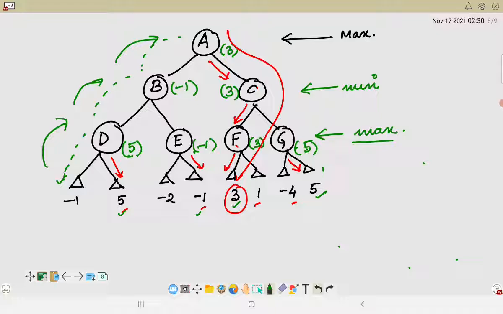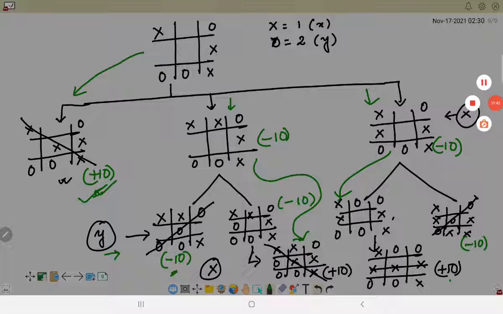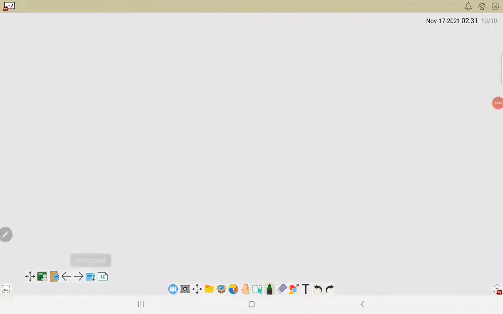We can predict the different steps associated with it, so that each and every move taken by max or min can collectively help us to determine the best possible move in winning that game. Now, there are certain properties associated with this minimax algorithm. The first property here that we will discuss is